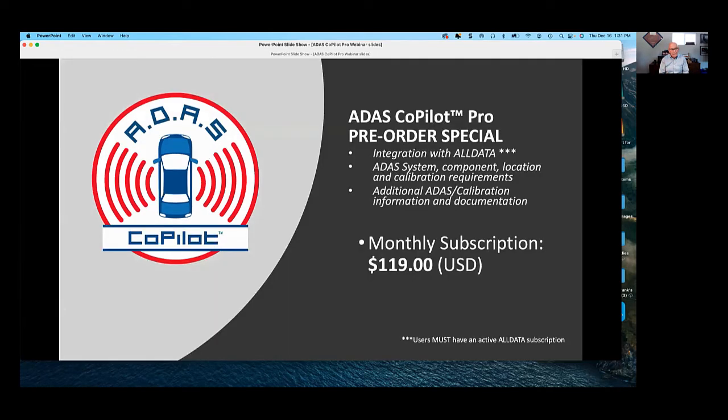If you're going to pre-order before January, it's $119 a month, and if you have ALLDATA, that includes the integration with your ALLDATA platform. $119 a month, and it includes everything I showed you. This includes up to 200 VIN decodes. Anything over 200 a month, there's an additional fee for a VIN decode. So if you want to pre-order on the website, it's $119, and that will be good through the end of the year.